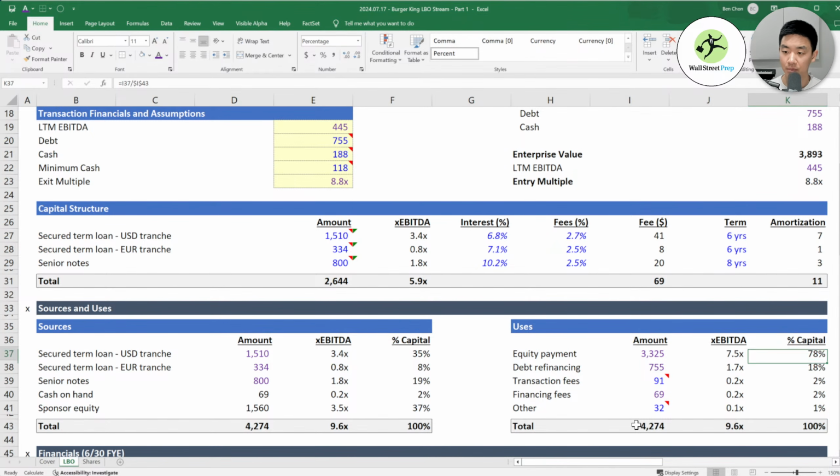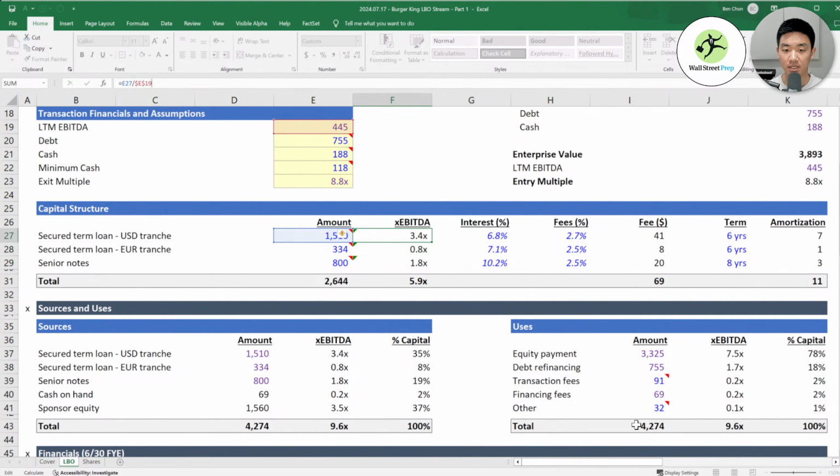So you always want your percent capital to equal 100% because that's 100% of your capital. And then you can see the EBITDA figures here. It's interesting for the debt. You can see how many turns of EBITDA the transaction was funded with. And I was always instructed at JPM that you never want to go above 6.